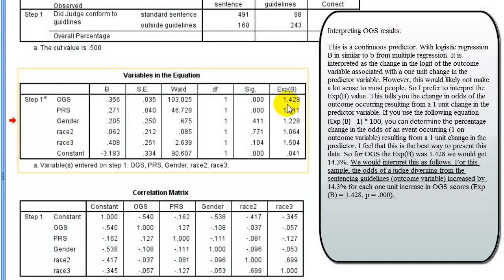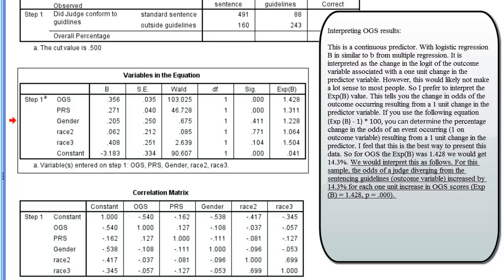And an even better way to do that, you can actually change this into a percentage by taking this exponent B value, so in this case 1.428, subtracting 1 from that, and multiplying it by 100. And that essentially gives you a percentage. With that, you can determine the percentage change in the odds of an event occurring for each 1 unit change in that continuous predictor. So to actually change this for our OGS score, our offense gravity score, this is 1.428, so you subtract 1 from that and multiply it by 100, we get